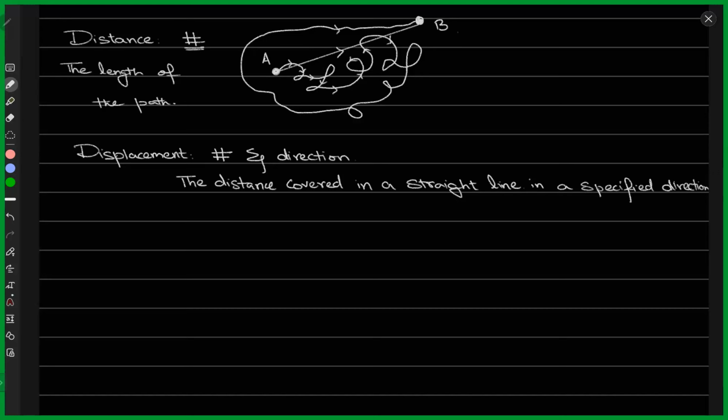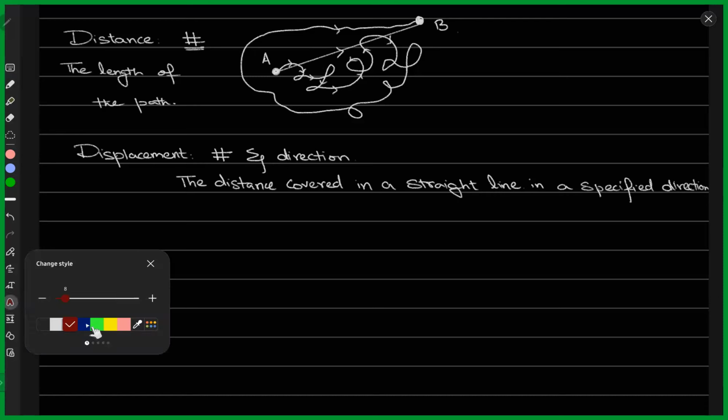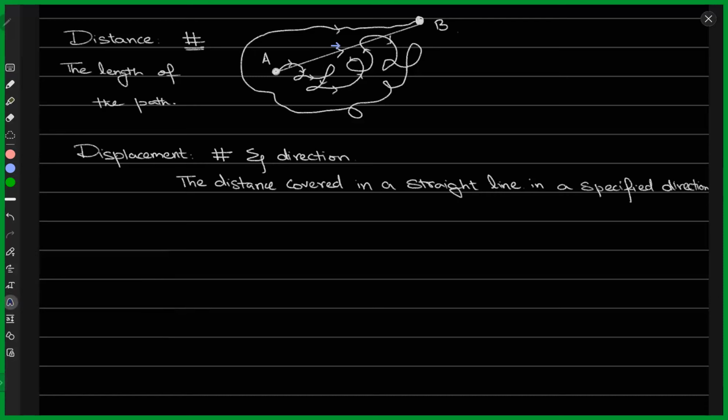So I'll just use another color for that. I think that color is completely invisible. So let's just use. All right. Okay. So you could have done this for moving from point A to point B. Now, if you go directly on this path, which is a straight line from point A to point B, then that is your displacement,